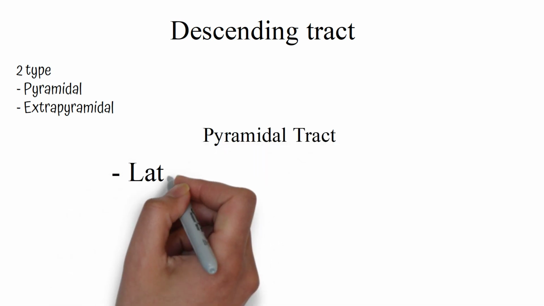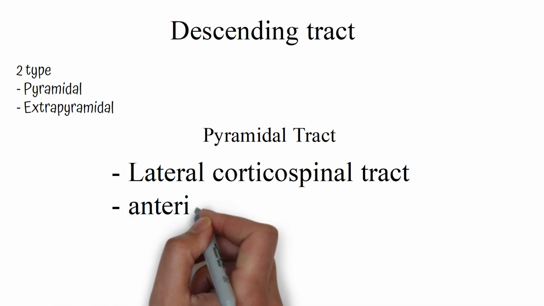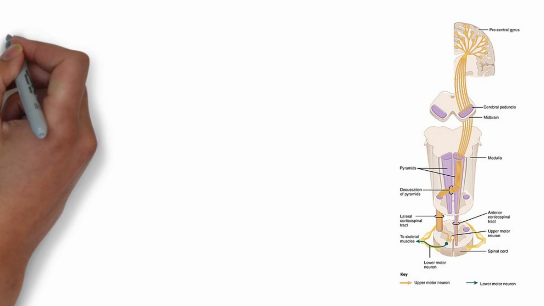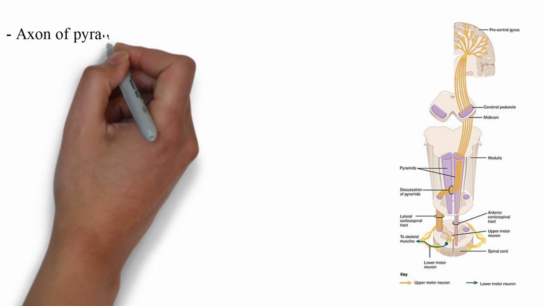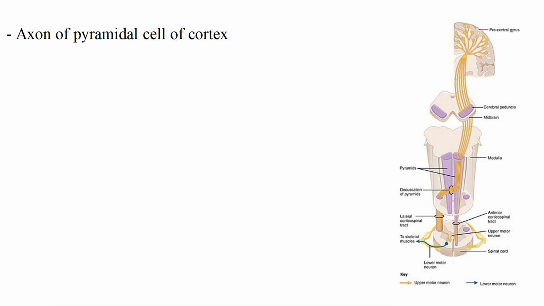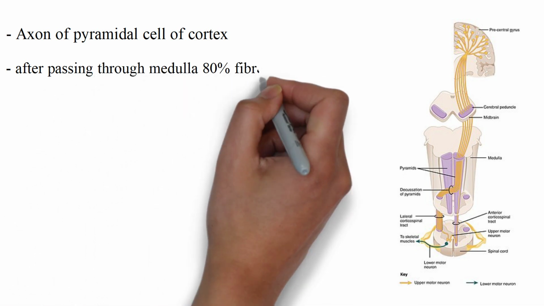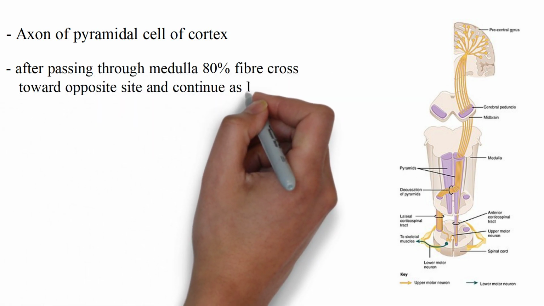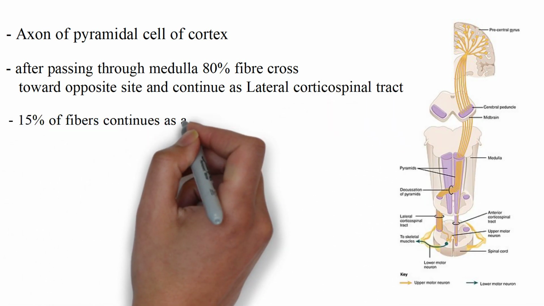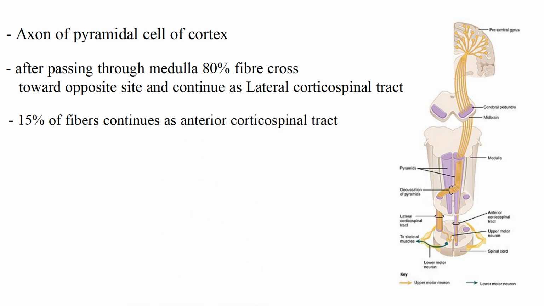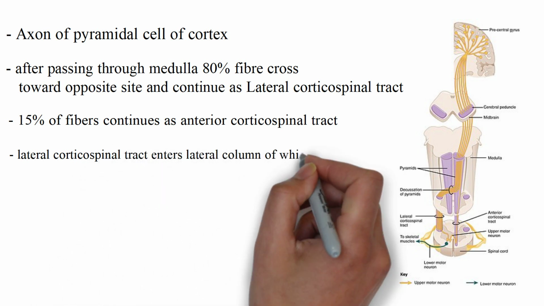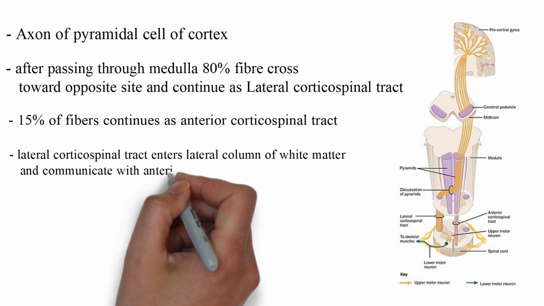In pyramidal tracts, we mainly have two tracts, which are the lateral corticospinal tract and the anterior corticospinal tract. In general, the corticospinal tract arises from the axon of pyramidal cells, which are present in the cortex. After passing through the medulla, you can see in the image 80% of the fibers cross towards the opposite side, and these fibers continue as the lateral corticospinal tract, while the fibers which did not cross continue to move downward as the anterior corticospinal tract. The lateral corticospinal tract enters the lateral column of white matter and communicates with the anterior horn